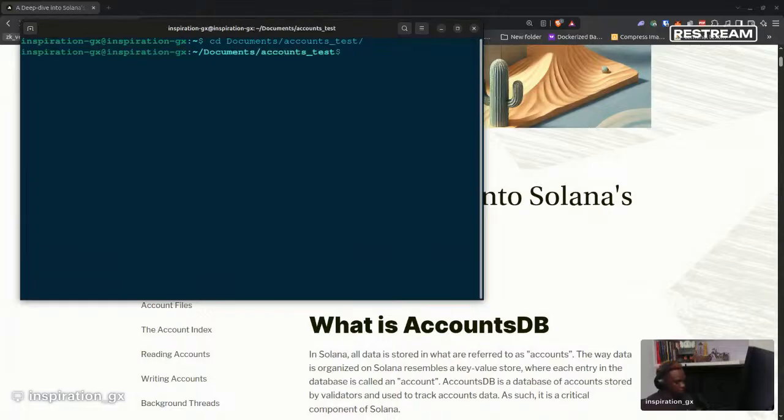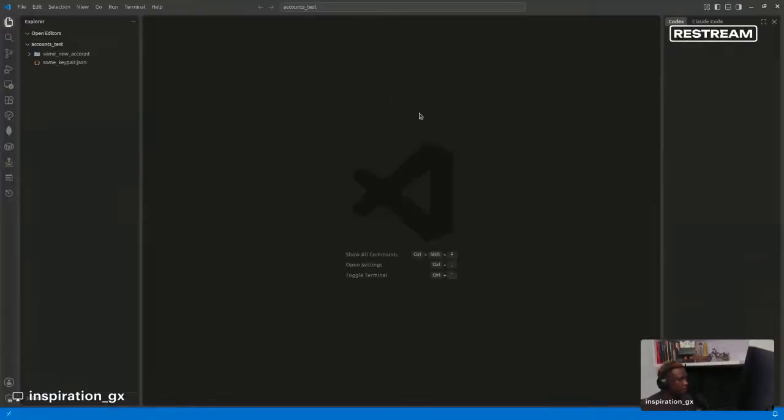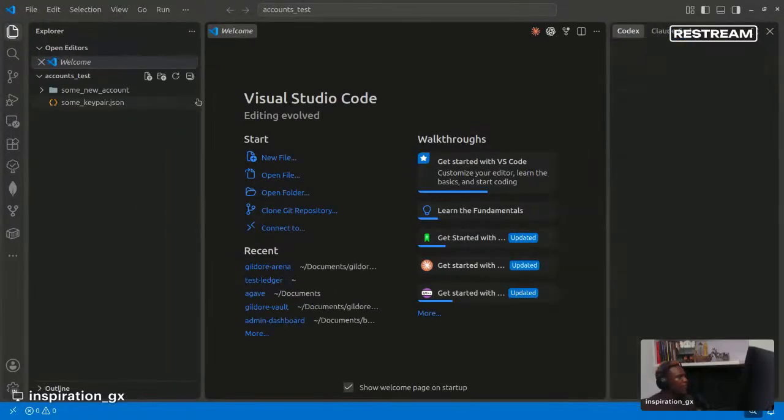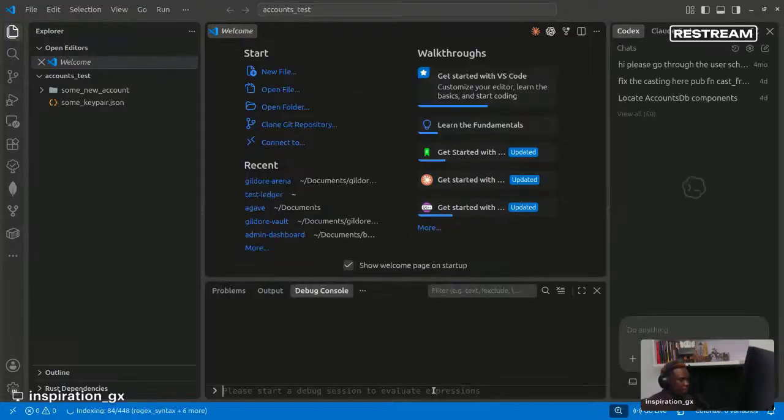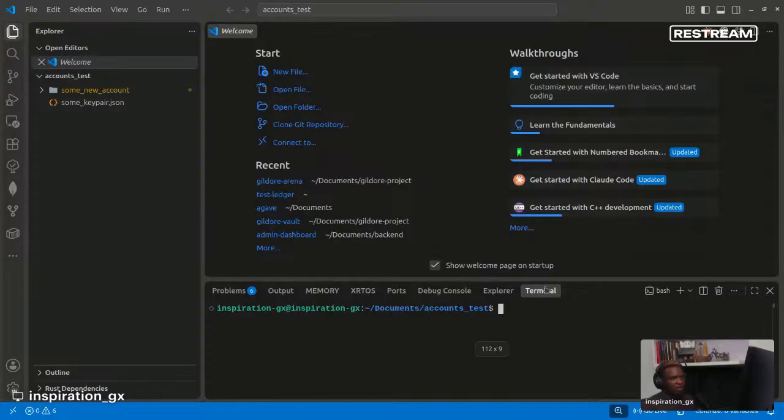I think it was in accounts tests. Yeah, let's code accounts tests. What's my terminal? What I want to do now is create, I think, maybe 5 accounts or something. So I can grind those with